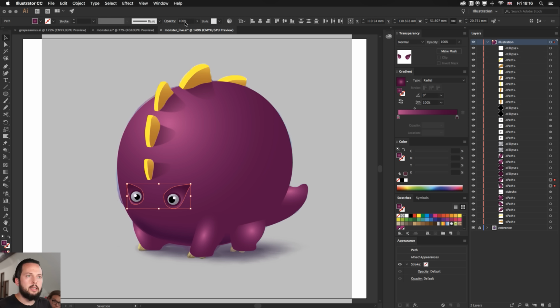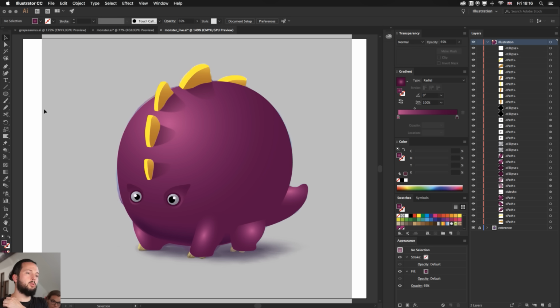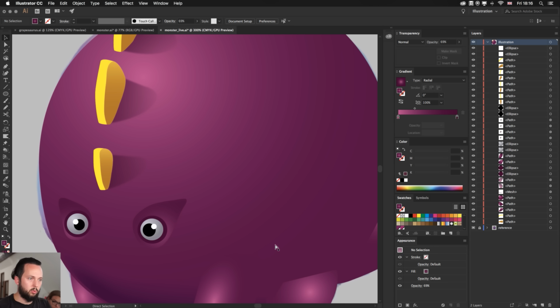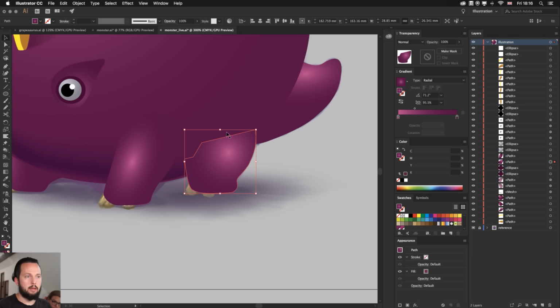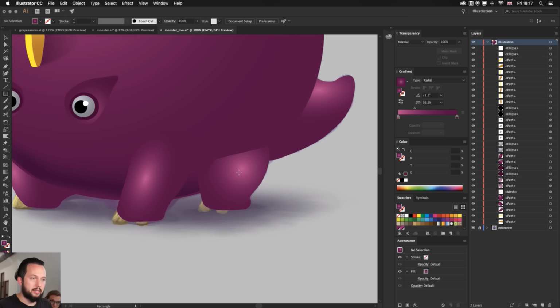I'm just going to reduce the intensity, the opacity of these two details around the eyes. I felt like they were a little bit too harsh, so that's blending a little bit better there. And now let me show you another cool trick. So if I feel like the leg, for example, in this case, should be blended into the object, I mean the body. First of all, I could of course always move these points around and just give it more space. But if I want to have like a neat transition here, what I can use also is an opacity mask. So this is the other complex technique, or not that complex, but it's a bit more advanced technique.